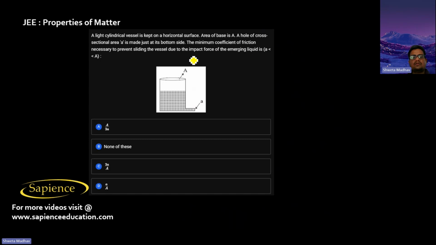The minimum coefficient of friction that is necessary to prevent sliding of the vessel due to the impact force of the emerging liquid is